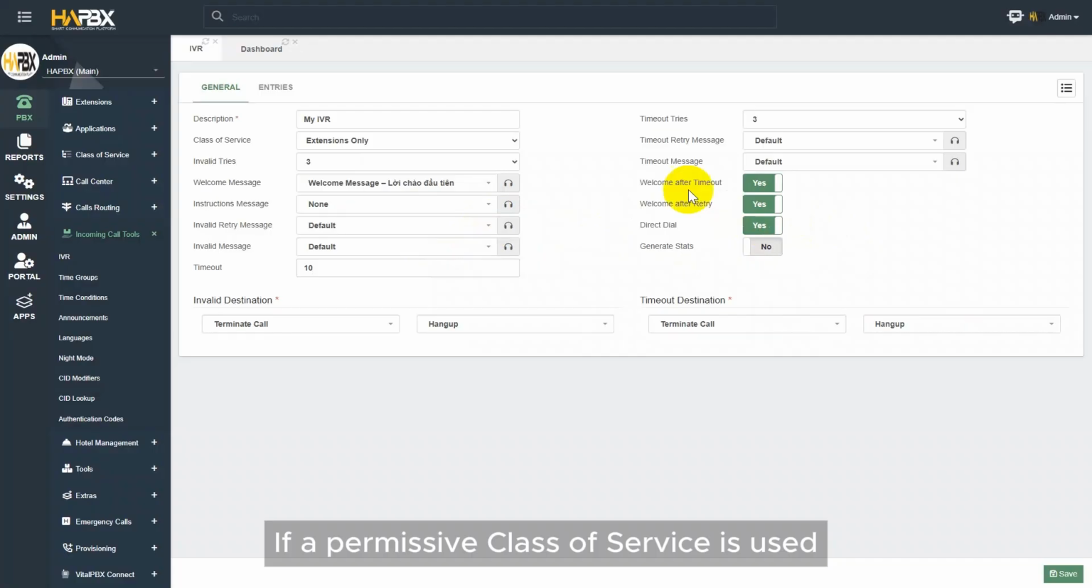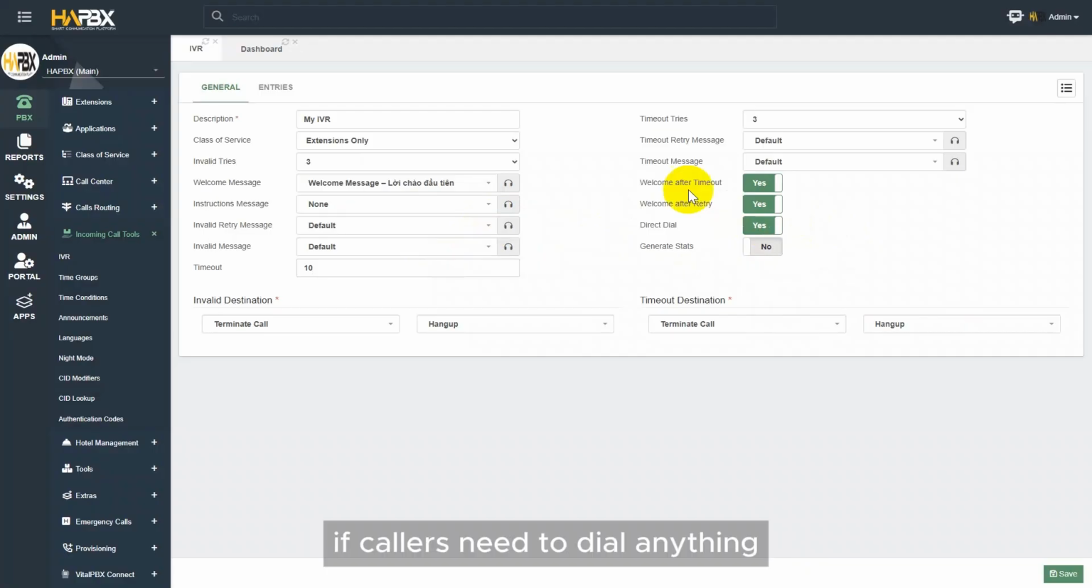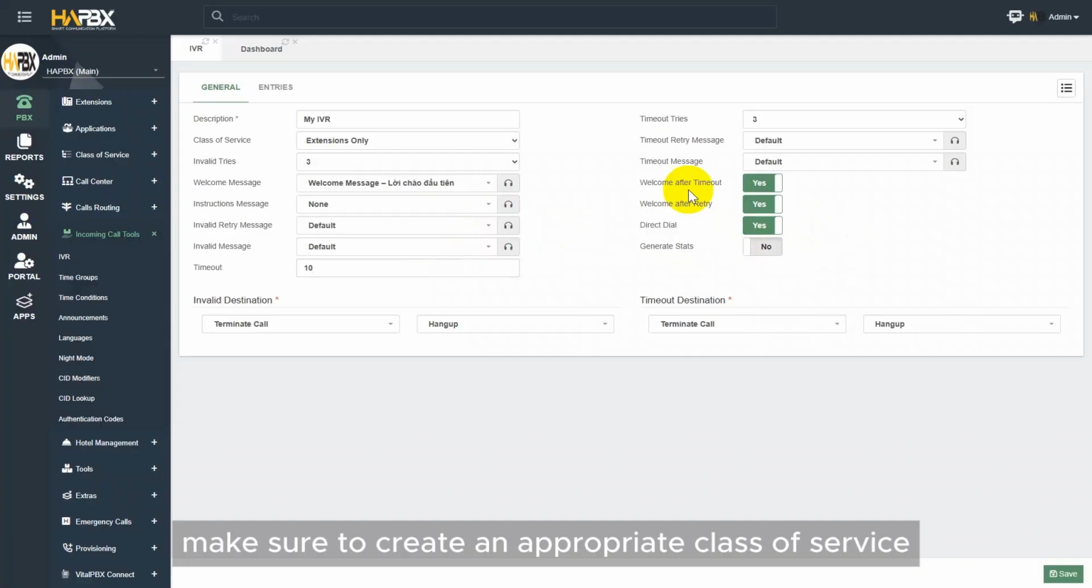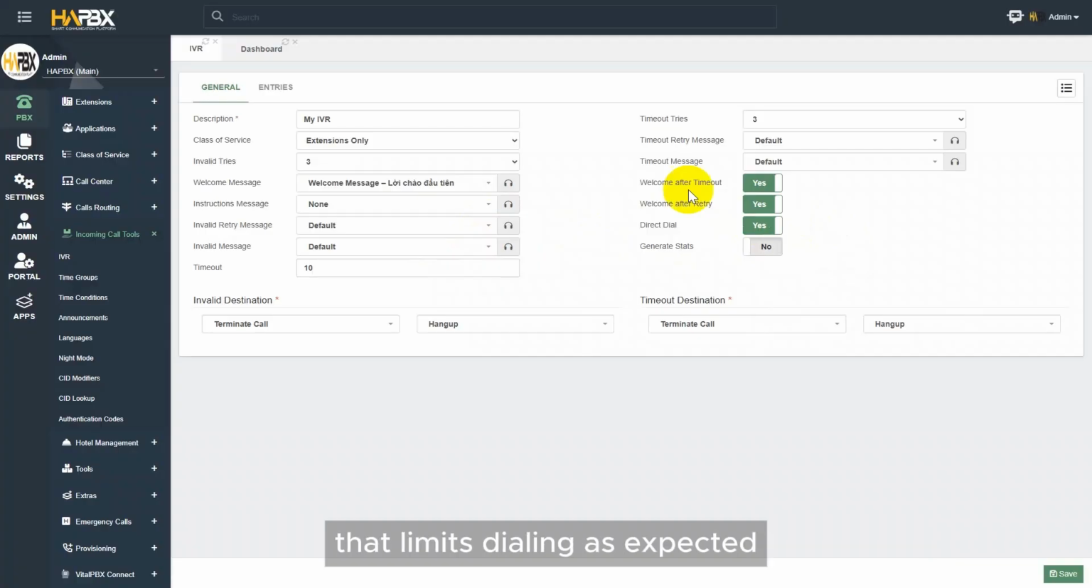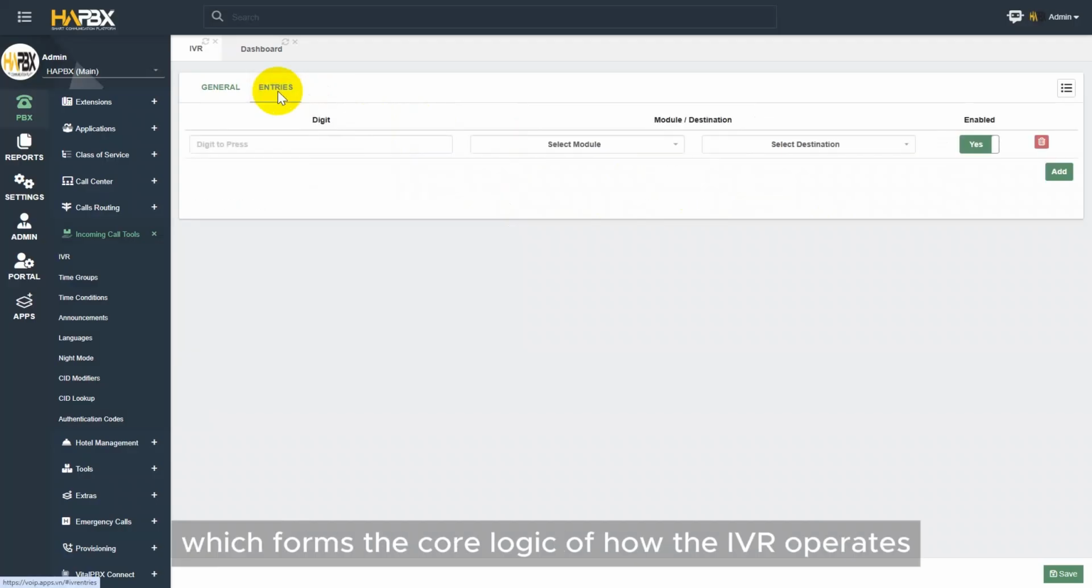If a permissive class of service is used, callers may dial outbound numbers, which could result in trunk abuse. If callers need to dial anything other than internal extensions, make sure to create an appropriate class of service that limits dialing as expected. Now let's move on to the Entries tab, which forms the core logic of how the